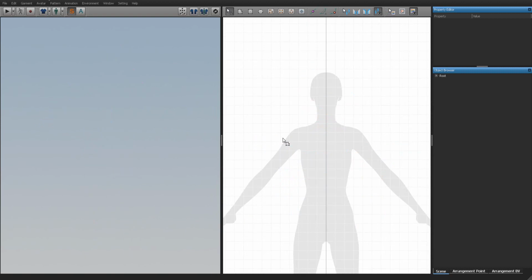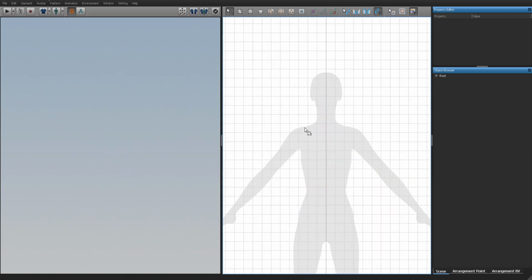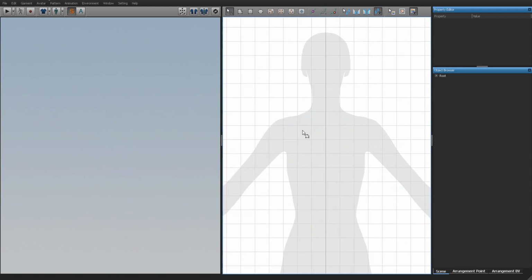Alright, in this next step we're going to do unfold. I'm going to right click here and activate this grid. It's going to allow me to do a little bit of snapping. I'm going to select this create polygon right here, and I'll start somewhere in the halfway mark, and I've got the grid on here. It'll help me snap directly where the crosshairs are, and I'll select here